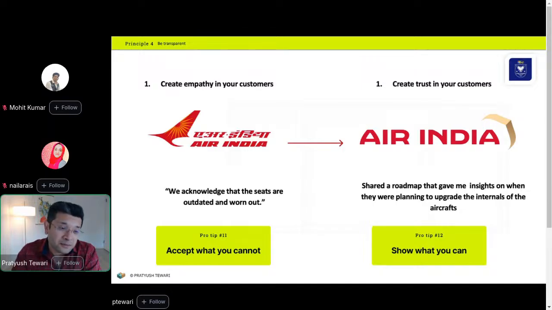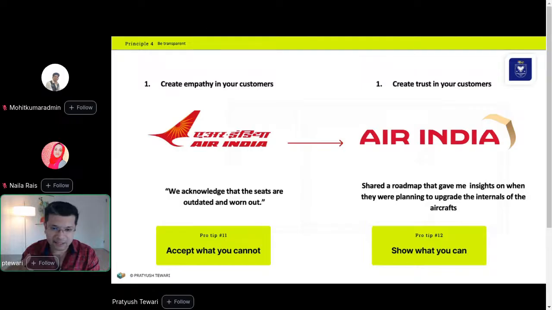Whereas you can do so much more when you create empathy with your customers. Now, when Air India transferred from Air India's corporation to Tata, there was a lot of mess happening, and existing tickets got cancelled, they were shifted, seats were not getting booked. I was flying from New York to India at that time, and I was having a lot of difficulties getting my boarding pass, and my tickets were getting messed up. My PNR numbers were getting shifted.